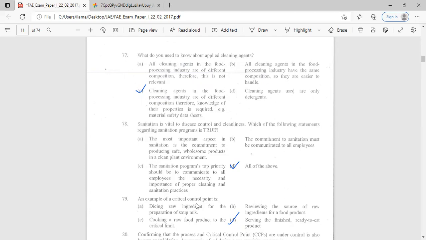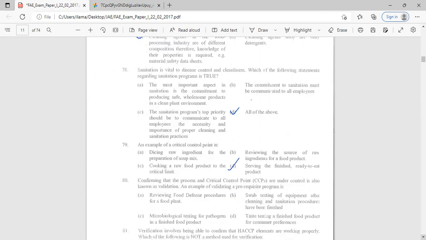An example of a critical control point is serving the finished ready-to-eat product. Confirming that the process and the critical control points are under control is also known as validation. An example for validating processes,